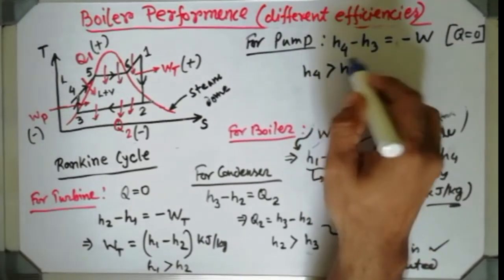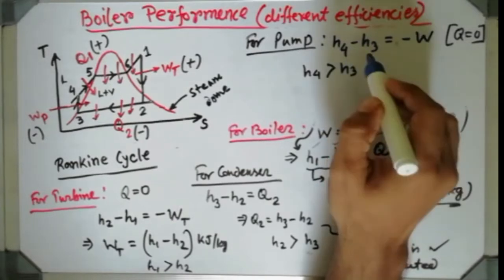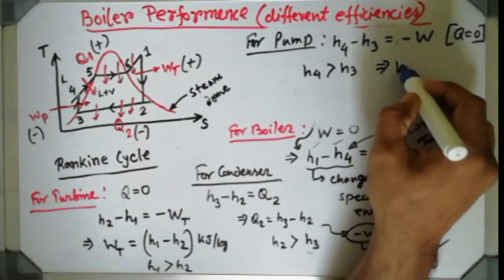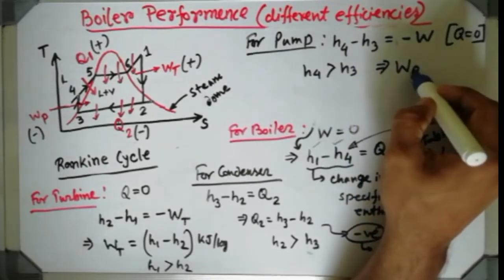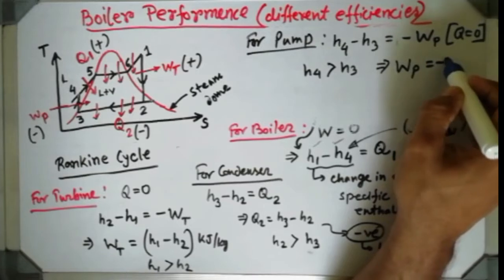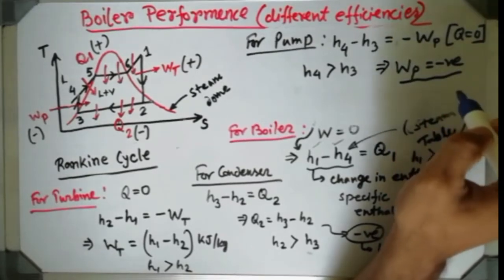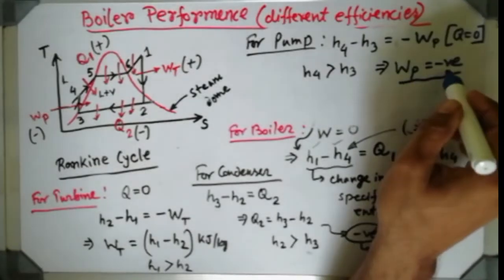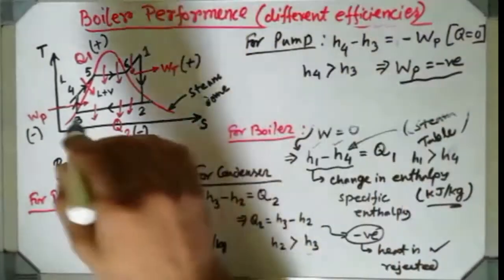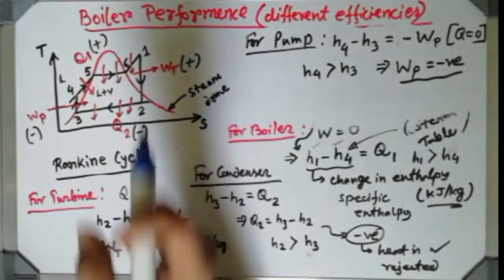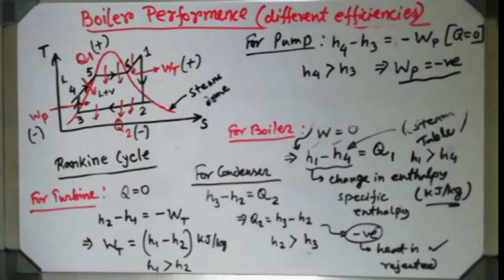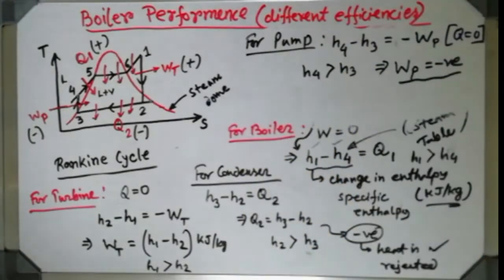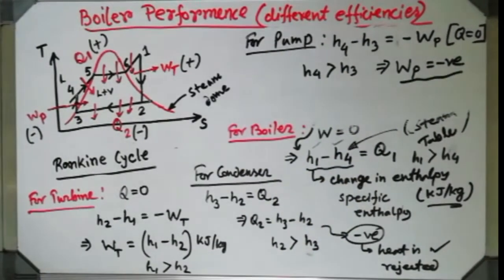So what does this mean? That means this value will come with a positive sense. Now here is a negative, so after all, the work done coming from the pump will give you a negative sense, isn't it? Because H4 is greater than H3. And why is this negative coming? That negative is giving you a feel that the pump is a device which will consume some work. Basically, an electrical motor will be there which will supply this work. Understood?